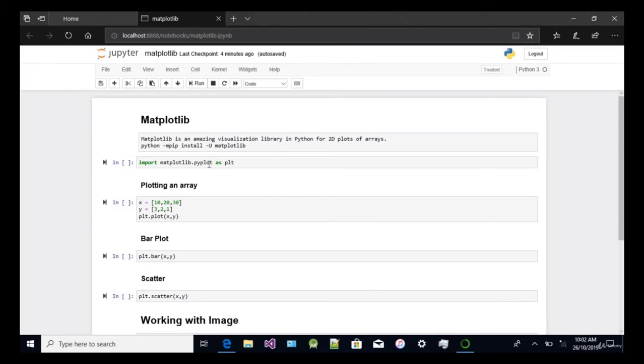Welcome to this lecture. In this lecture we will look at our visualization library, and that library is Matplotlib. Matplotlib is an amazing visualization library in Python for plots of 2D arrays. In order to use it, we first need to import it. So import matplotlib.pyplot as plt. Now instead of using the whole word matplotlib.pyplot, we will use plt to get access to the functions of